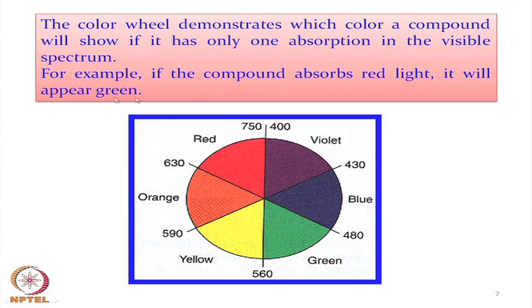So when we measure a solution as green, say the green solution of copper or nickel 2 plus, that means when the color of the compound is green, the absorption is definitely taking place in the red region, completely on the opposite side. If the absorption is taking place in the range of 630 to 750 nanometer, we see the solution color as green. That means the nickel 2 plus solution or the copper 2 plus solution appears mostly as green or bluish green,